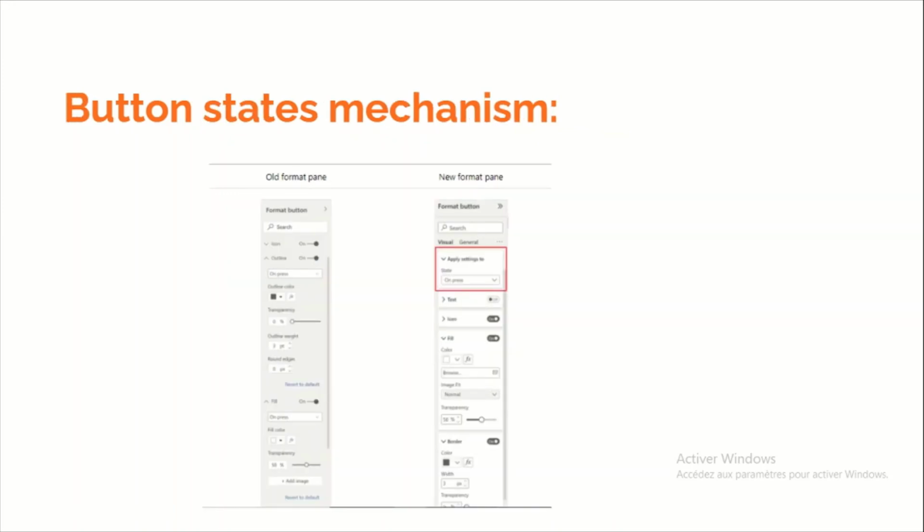Okay, so now let's pass to button states mechanism. Similar to customized series, Power BI Desktop also consolidated the button style cards. This allows us to use one apply settings to dropdown to easily toggle between button states to update various aspects of the style. Okay,